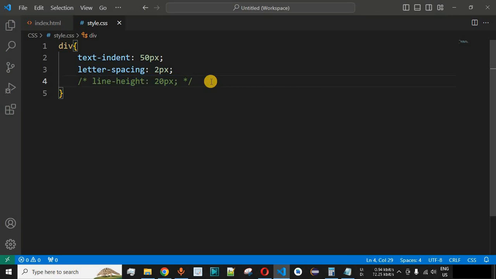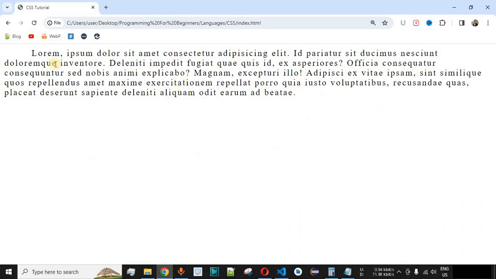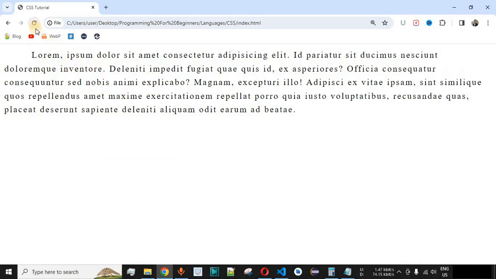And the moment we provide the line height over here with some number, so let's say we increase the line height to 25 pixels in this case. When we provide 25 pixels over here, let me just save this file now, and before reloading you will notice that the space in between the corresponding lines will increase. So when we reload this page, as you can see, the space in between the lines is increased over here.